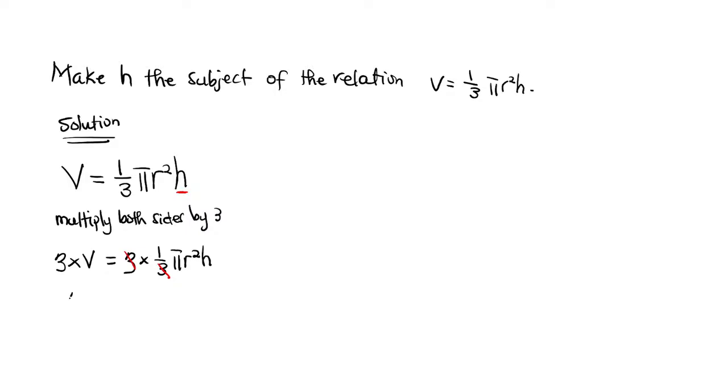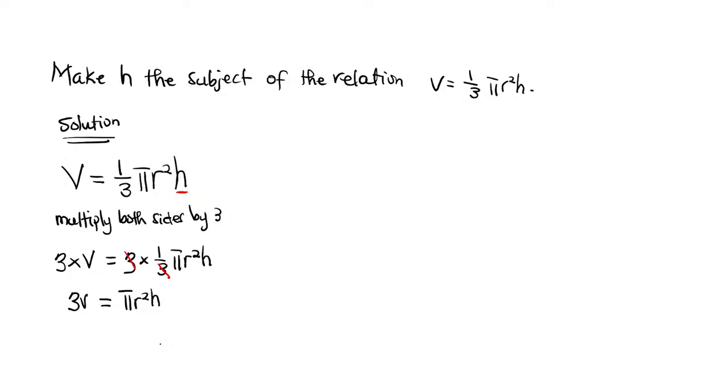3 multiplied by V gives me 3V, and this will be equal to, now after the 3 has cancelled, you only have 1 here, and 1 multiplied by everything is still the same, so I will ignore the 1 and just write pi r square H. Now we see that we have 3V is equal to pi r square H. The problem here is that we have pi r square attached to the H, or the height. So we want to get rid of the pi r square